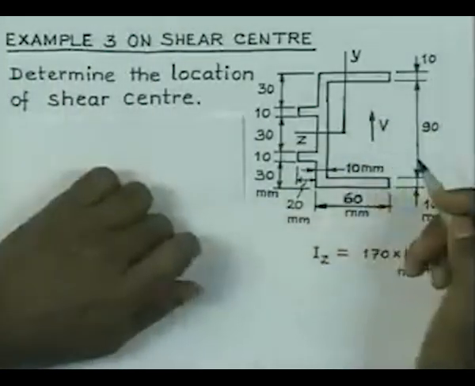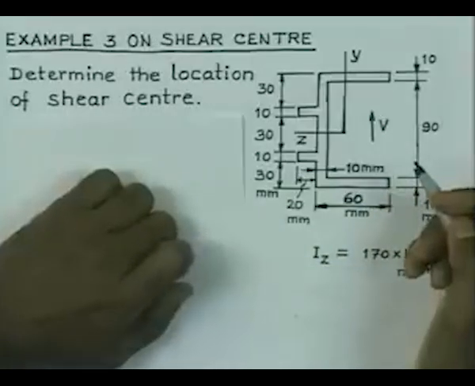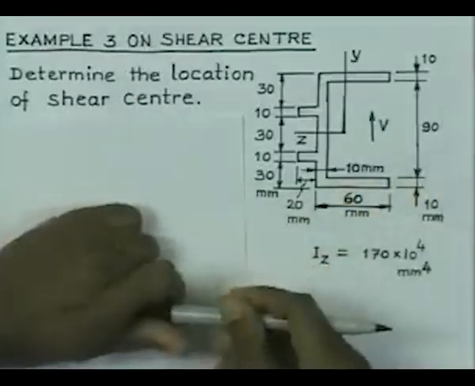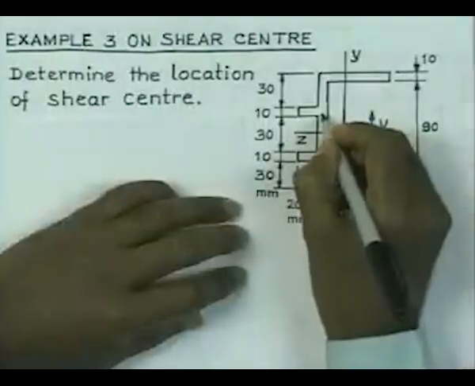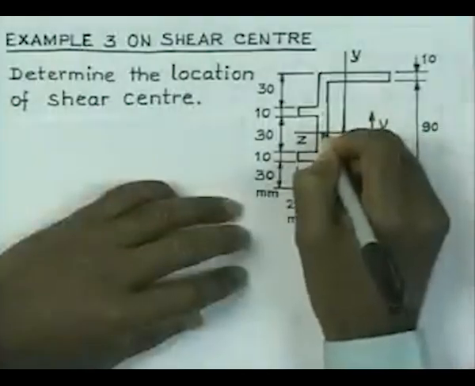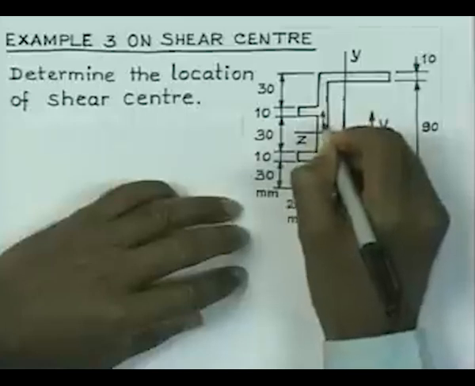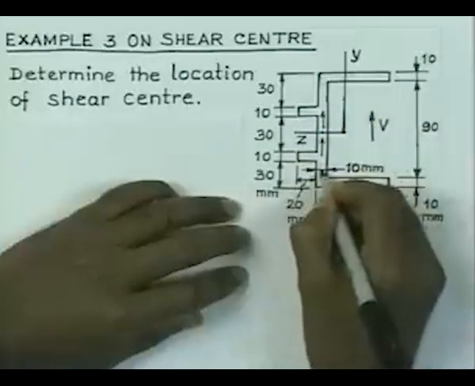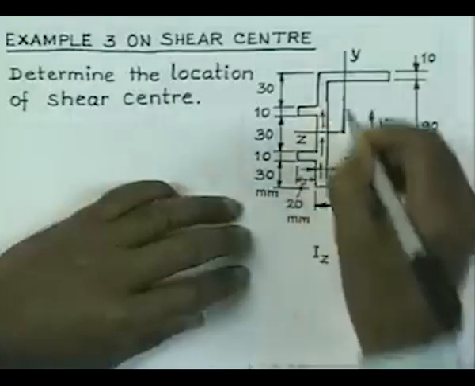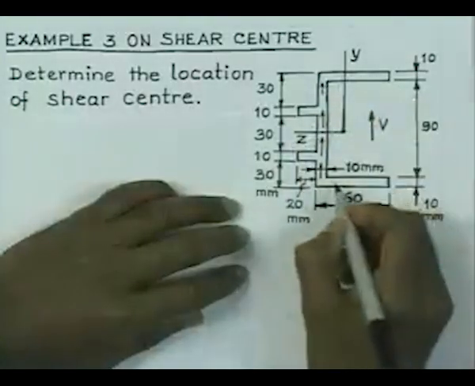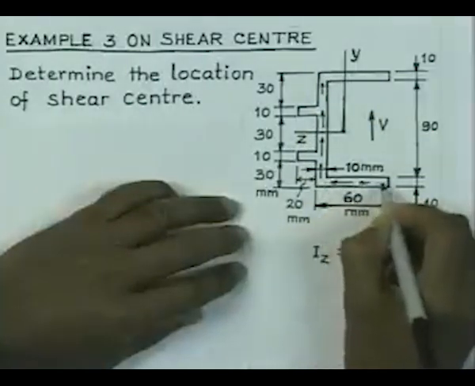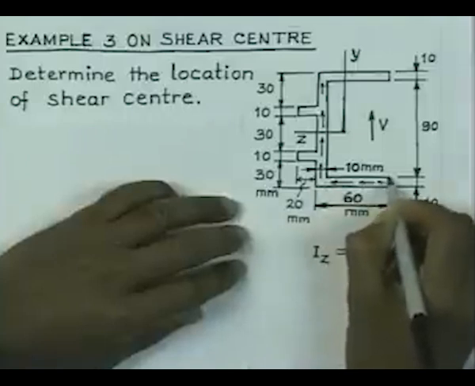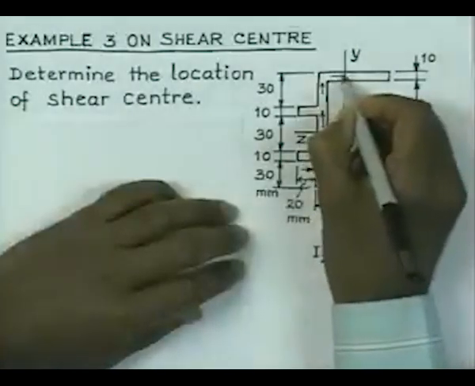Now, for this section you must first of all find out the shear stress directions, which is critical. It may not be that obvious. So, if shear force is acting like this, then the web shear stresses are going to have maximum value there, and it is going to reduce as we go away from the center point, and we expect the flange stresses to be maximum at this junction, and it will reduce as we move away from it. So, therefore, this is how it will become 0 there, and exactly similar picture will exist here,